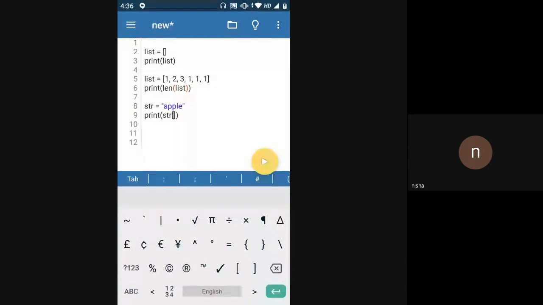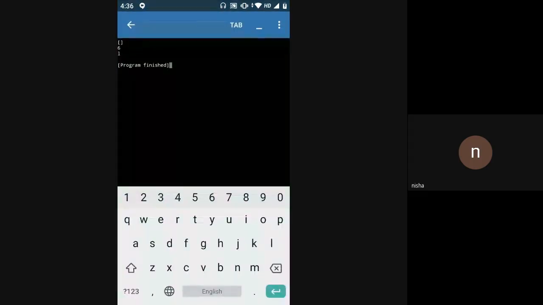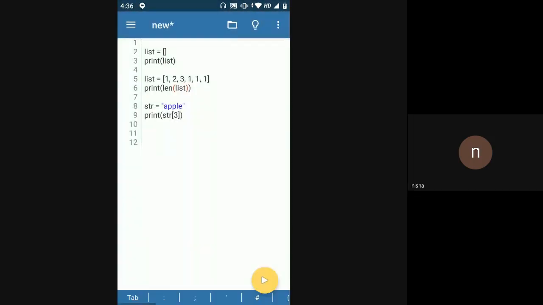So in this case, A is at index 0, P is at index 1, the second P is at index 2, L is at index 3, and E is at index 4, right? If I want to know the character at index 3, then I'll write print str of 3, and this will give me the answer L. So this is what you have to do to access characters.